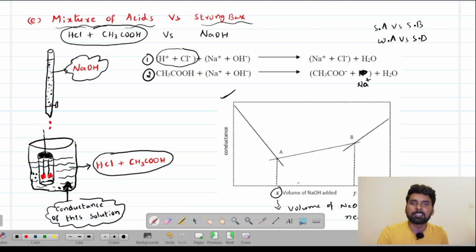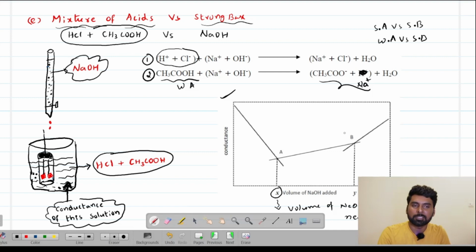Okay, once this is over, then which starts reacting? Acetic acid starts reacting. Once acetic acid starts reacting, that means weak acid, acetic acid, is replaced by sodium acetate, which is a strong electrolyte. Then conductance is increasing. Point A to B, the increase in the conductance is due to increase in the concentration of sodium acetate